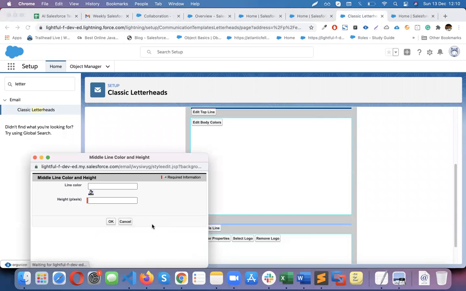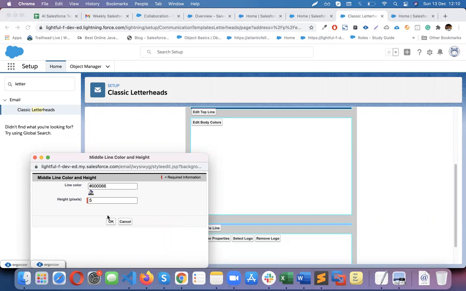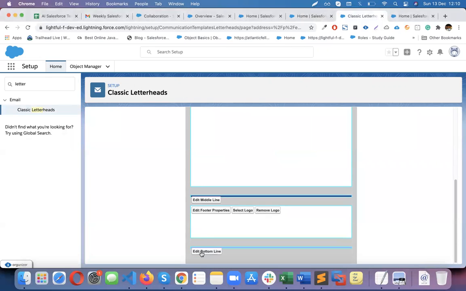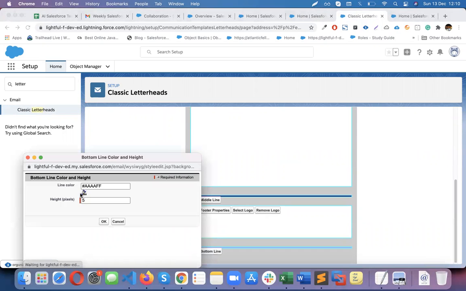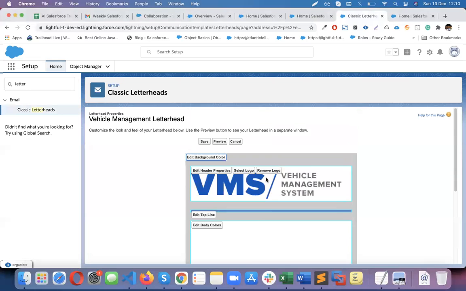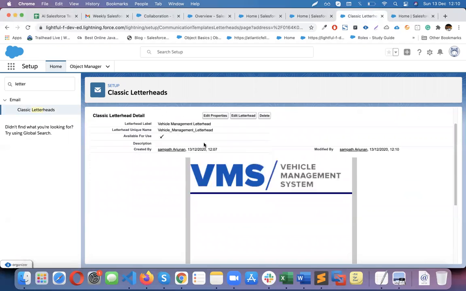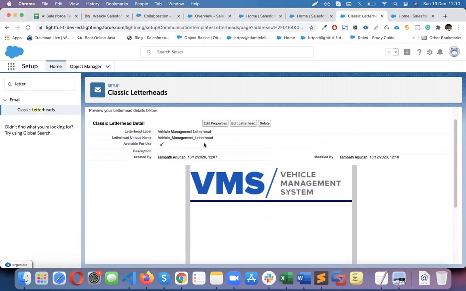Yeah, same way here also. And the bottom color also depends on the company logo. You can go and design it very nicely. Save. Yeah, now the template is ready.